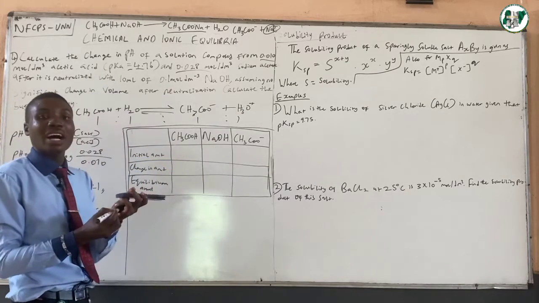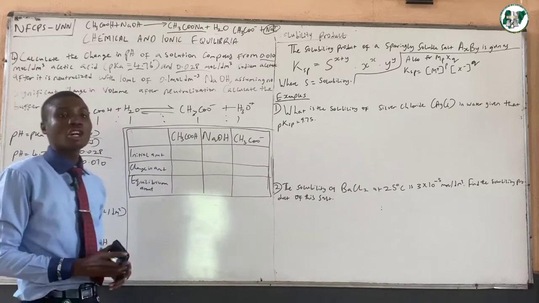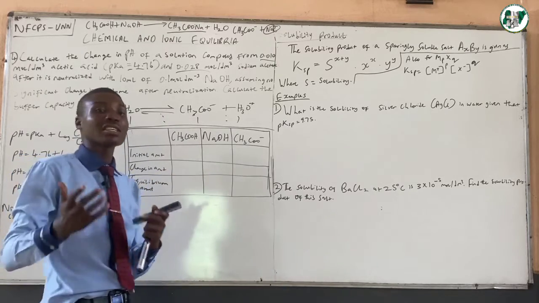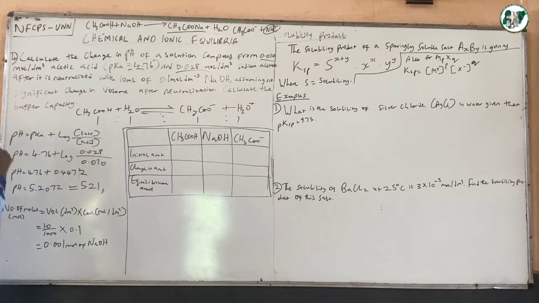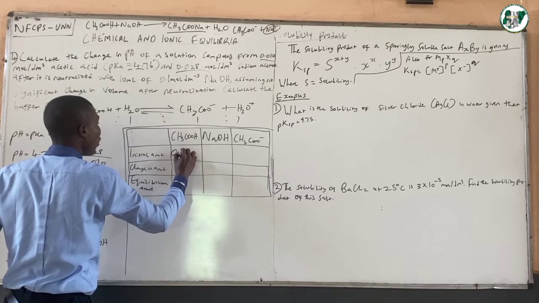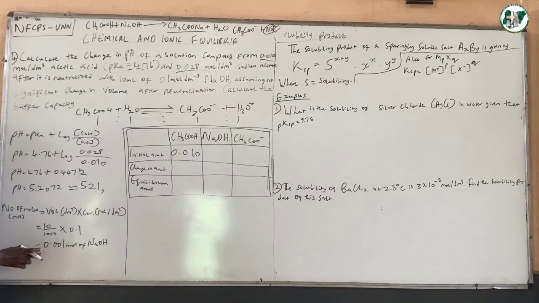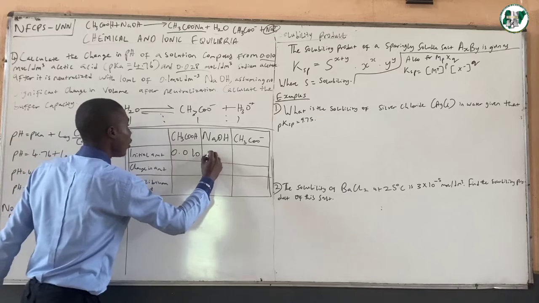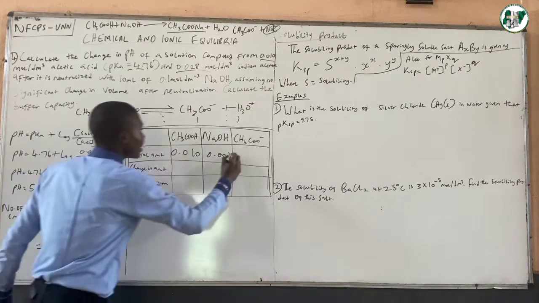In the material, what we have there is H3O plus, but you see it's not needed because it's not necessary. But we're going to be working with NaOH, so I can see realistically how these values apply in the ICE table. So the initial amount of the acetic acid, according to our question, is 0.010. The initial amount of sodium hydroxide that was added was 0.001, and the initial amount of the sodium acetate that was present was